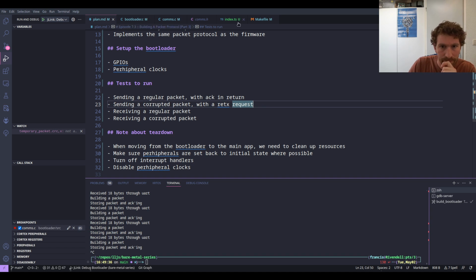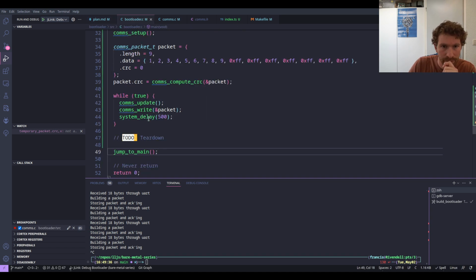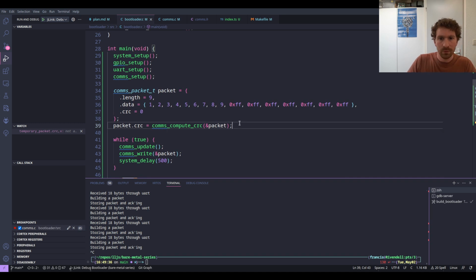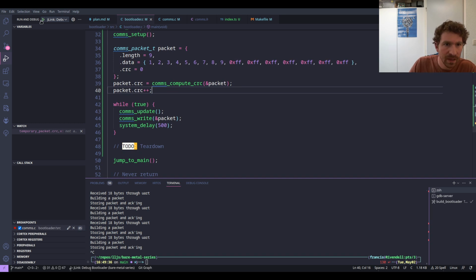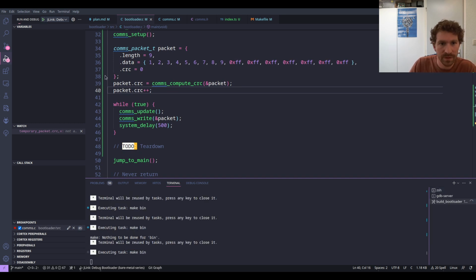So let's try that. Bootloader. Now, in order for us to get a corrupted packet, the easiest thing to do is just do packet.crc++, right? We add just one to the CRC, and that will now not compute. So if we run this again,